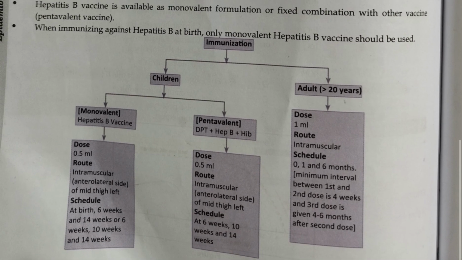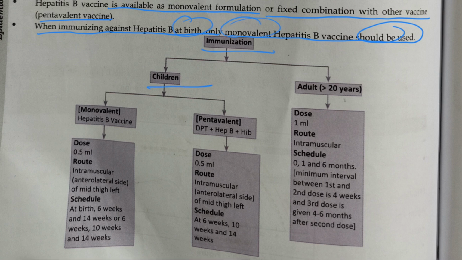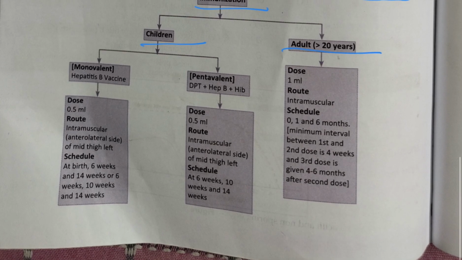Hepatitis B vaccine is available as monovalent formulation or in fixed combination with other vaccines such as pentavalent vaccine. When immunizing against hepatitis B at birth, only monovalent hepatitis B vaccine should be used. Very important point: at birth, only monovalent has to be used. For immunization of children and adults above 20 years, there are two types: monovalent hepatitis B, and pentavalent, that is DPT, hepatitis B, and